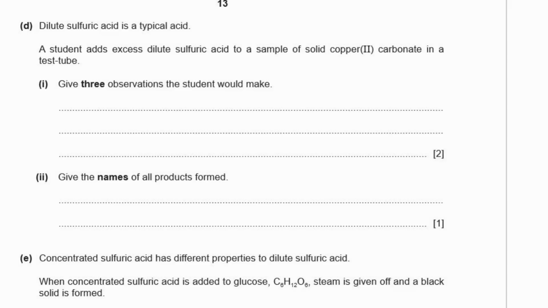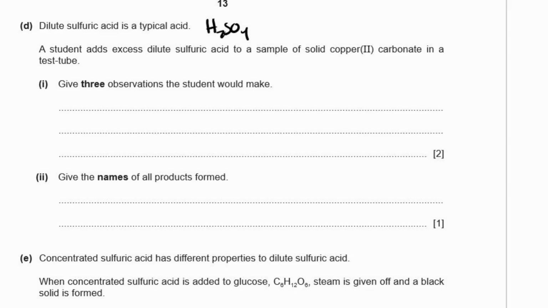D, dilute sulfuric acid is a typical acid. A student adds excess dilute sulfuric acid to a sample of copper 2 carbonate in a test tube. 1. Give 3 observations the student would make. All right, so just to write down the equation, you don't need to do this. It's not saying this is important. Just to write down the formula, we have